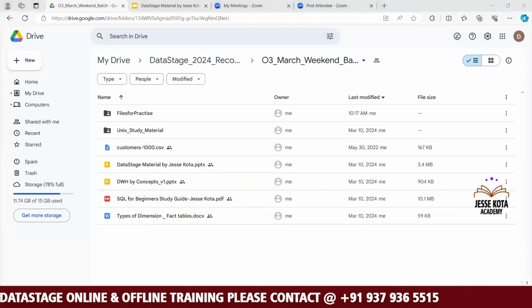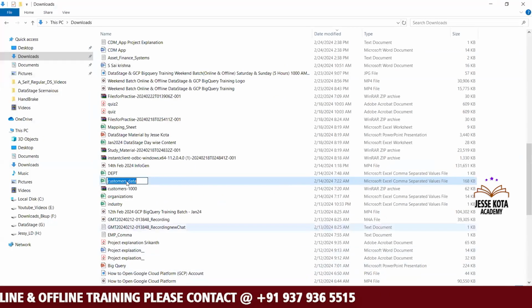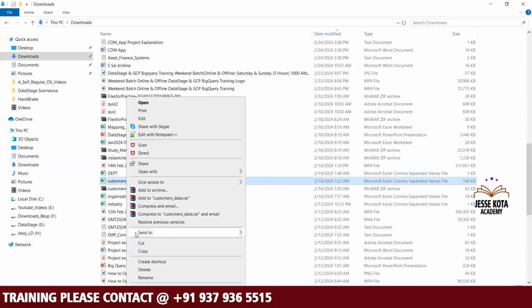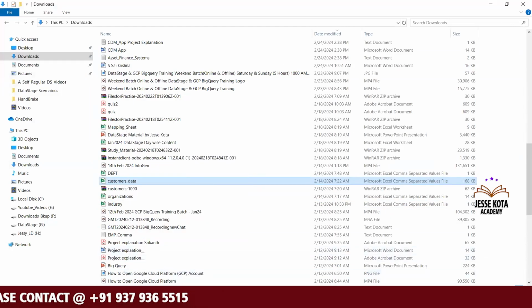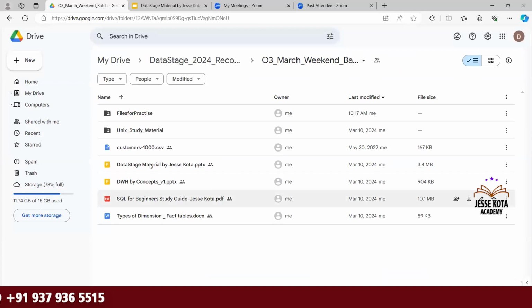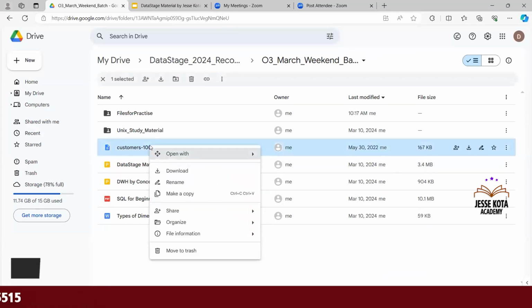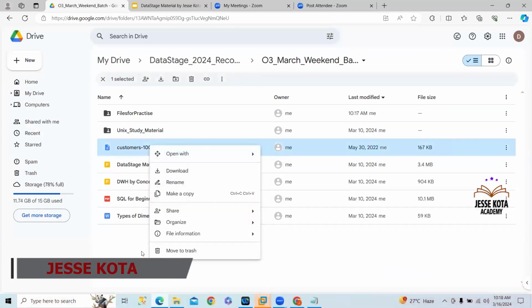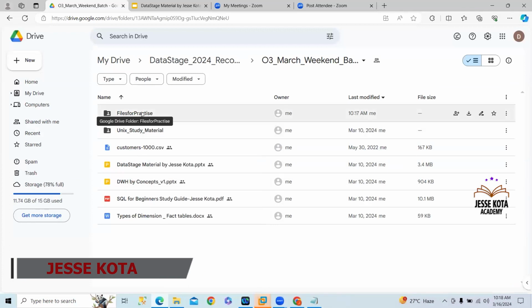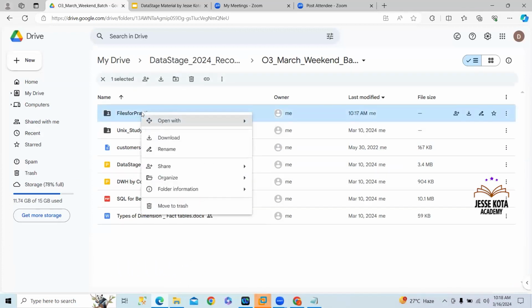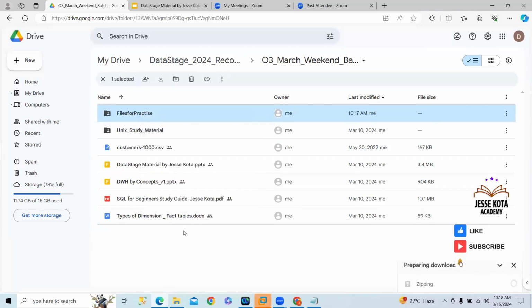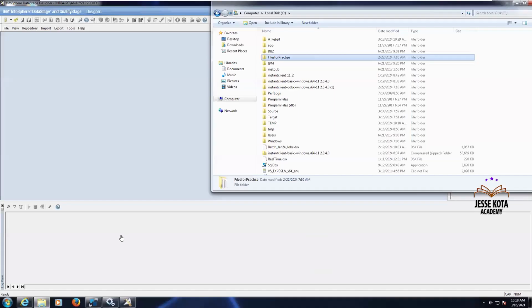Here we have this file. I already downloaded it. Now I am copying this. From the drive, how can we download? Right click, download option. Similarly, I want to download this particular files for practice. Download this. Then copy this customer file here